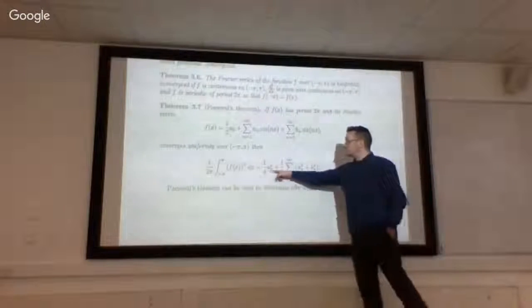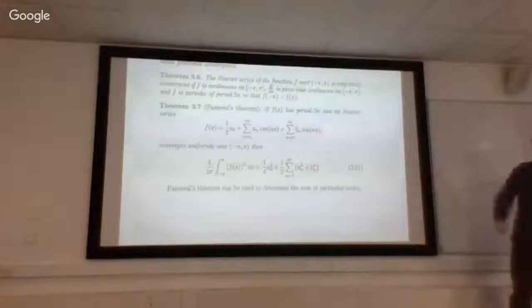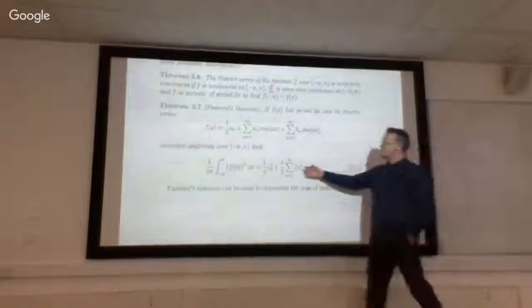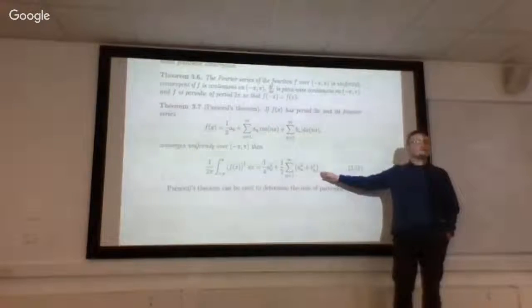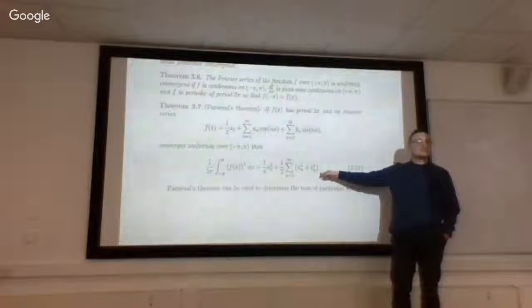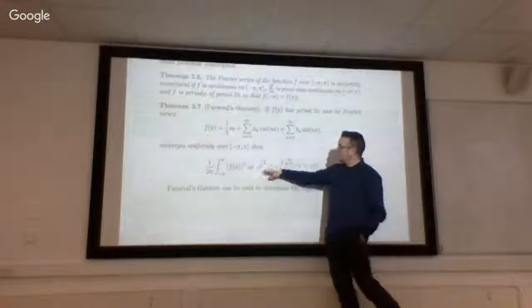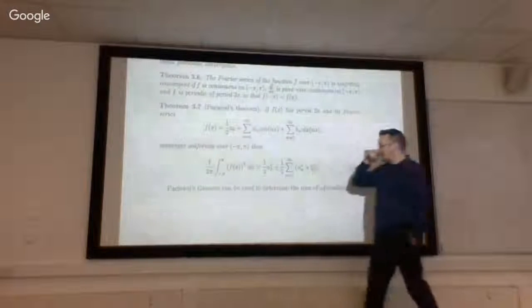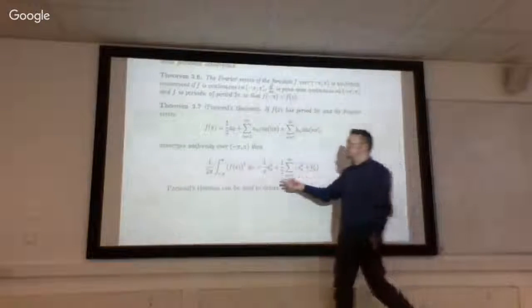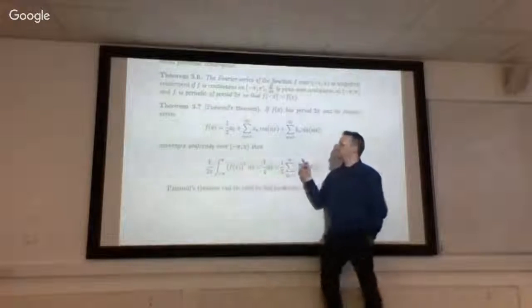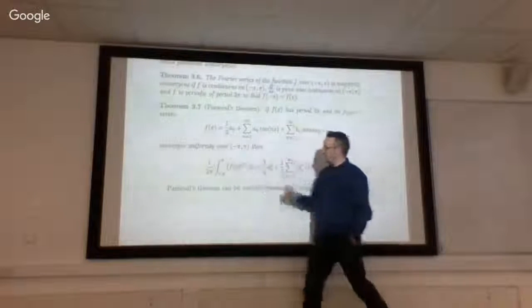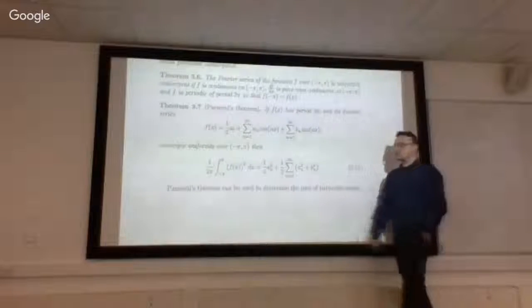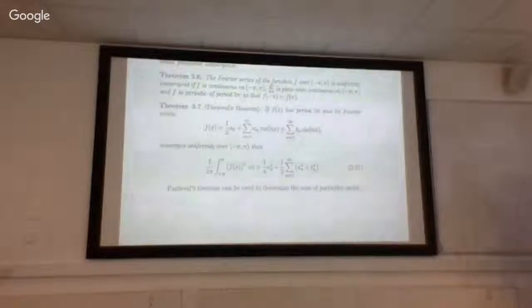On the right-hand side, we have this, okay, complicated enough, but nice expression. This expression on the right-hand side is more or less the sum of the squares of the Fourier coefficients. Okay, it isn't quite because, well, that's the constant coefficient squared. So the constant coefficient is half a0, so square that, you get a quarter a0 squared. And because of these confounding multiples on the other side, we have to take a half of the sum of the squares of all the a_n's and the b_n's. Now we'll work through some examples in the next lecture based on this, but